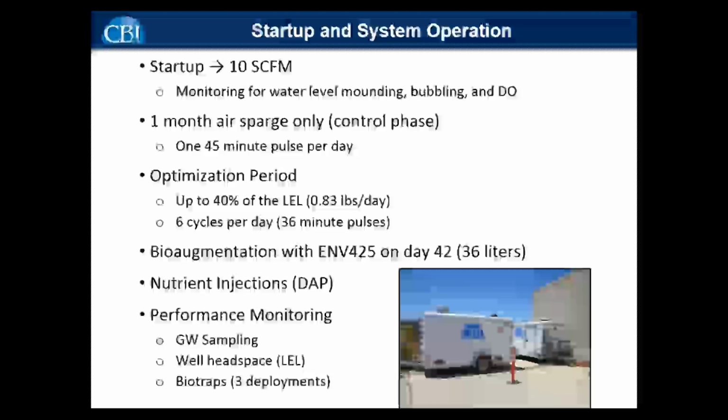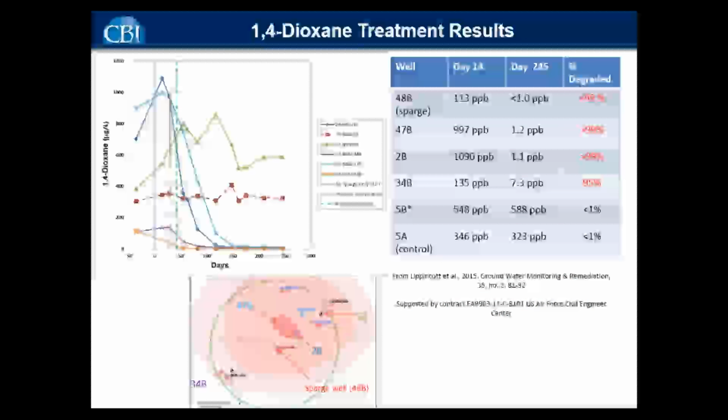In day 42, they added the propanotrophs, the NV 425, and nutrients, and then basically monitored the system. And this is the results of the system. And as you can see, if you just look at the table, certainly you can look at the figures, but